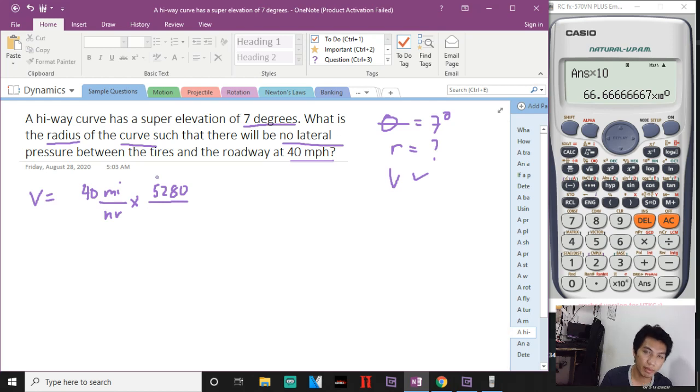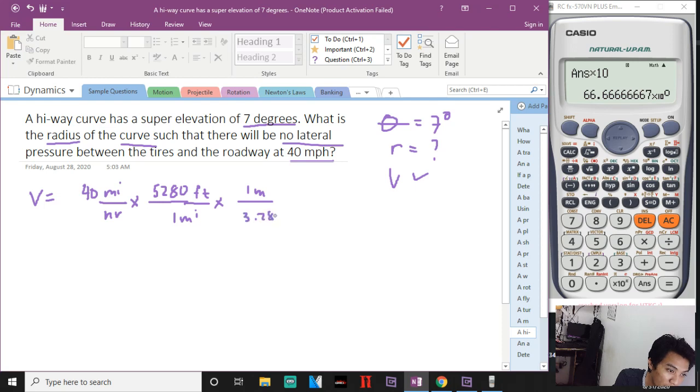parang 800. Okay? 800. That is feet per 1 mile, times yung 1 meter per 3.28 feet. Ito mahaba pero mas madali tandaan kasi lagi yung ginagamit. Okay? And then yung R,